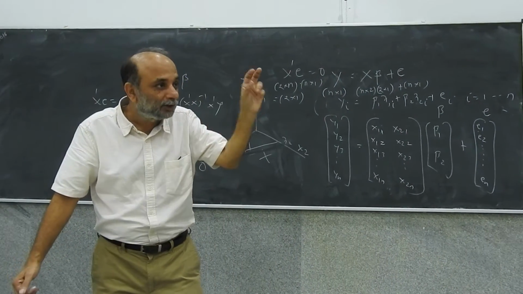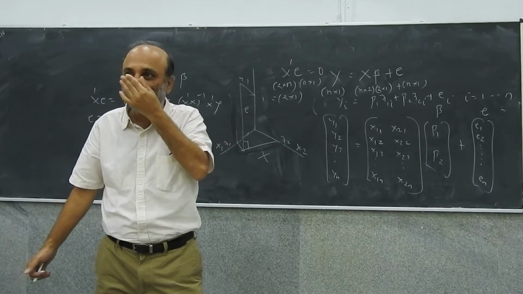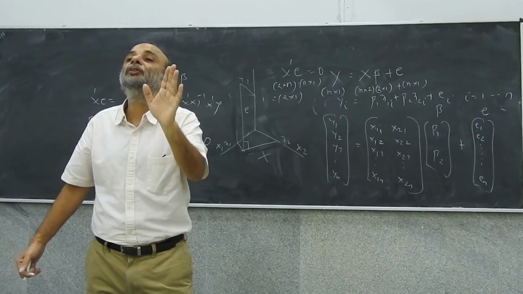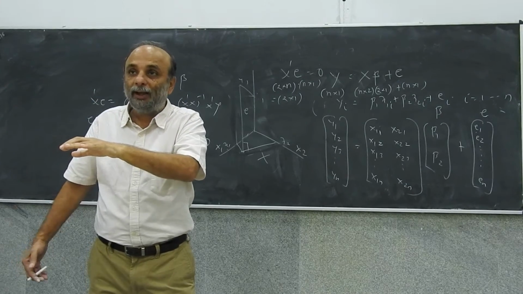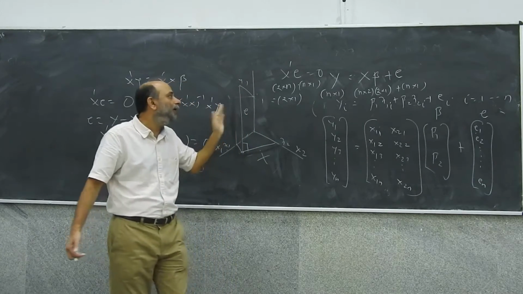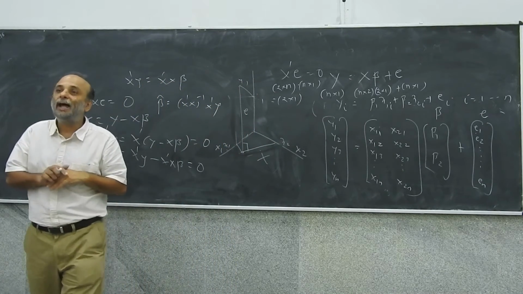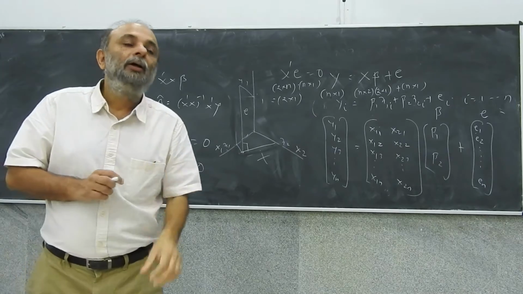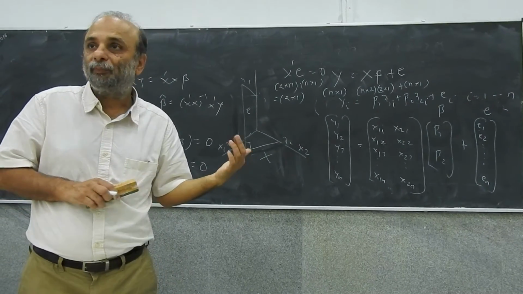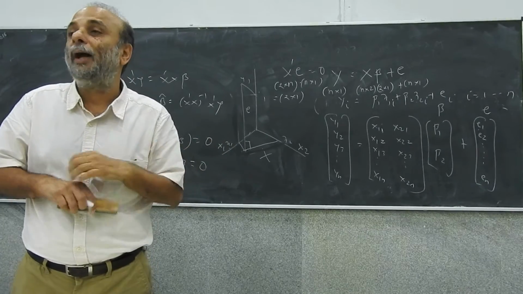Beta 1 for x1, beta 2 for x2, beta 3 for x3, beta 4 for x4, beta 5 for x5. So it will be n cross 5 into 5 cross 1. And the errors will be n cross 1, y will be n cross 1, and the solution will be X dash X inverse, X dash y. Now I'm going to talk to you a little bit more, so let's detail this a little bit. X dash X inverse, X dash y.